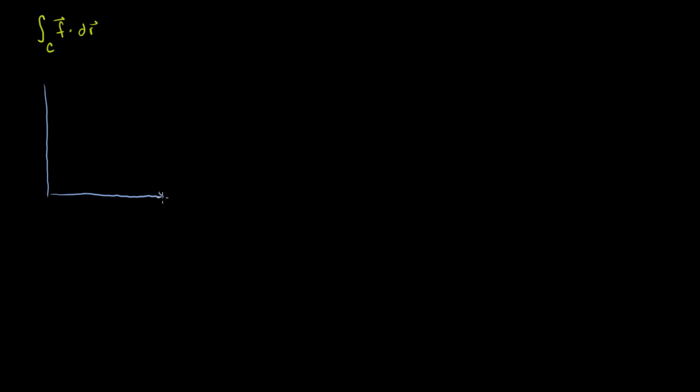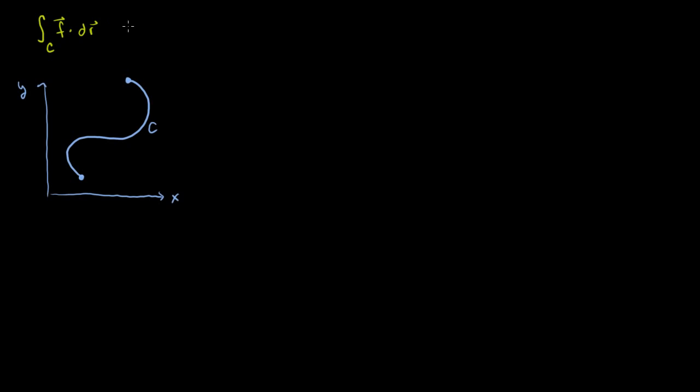It's my x and y axis, y and x, and let's say my path looks something like this. I start there and I go over there to point C, or to my endpoint. The curve here is C. And so I would evaluate this line integral, this vector field, along this path. This would be a path-independent vector field, or we call that a conservative vector field, if